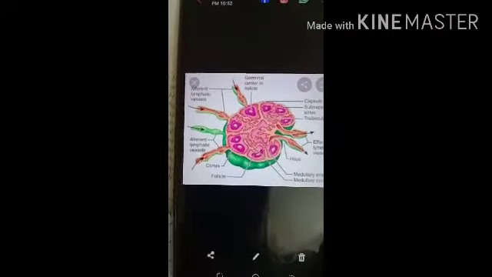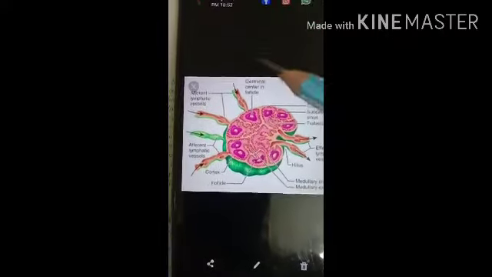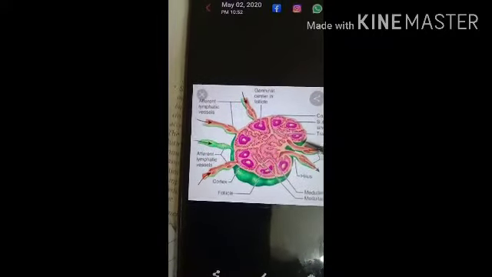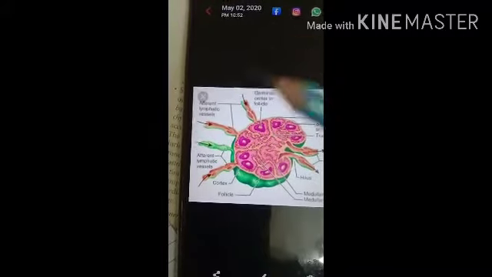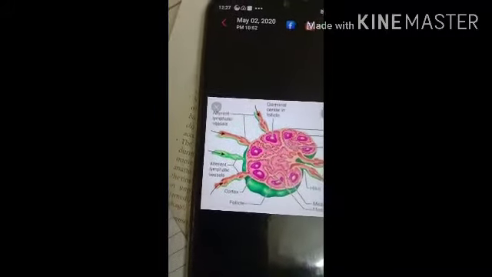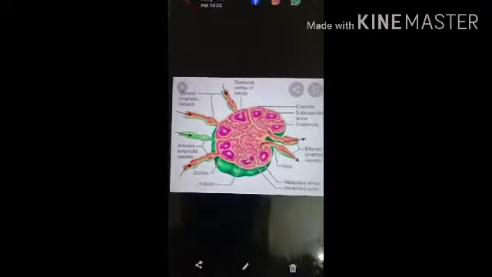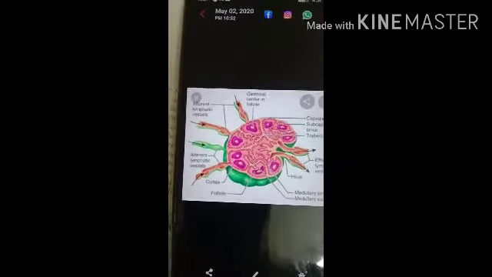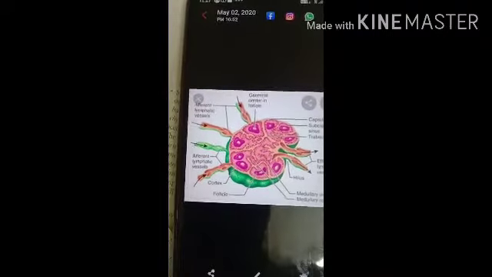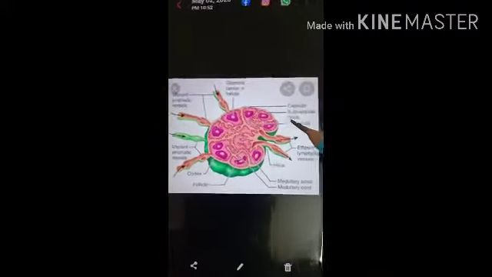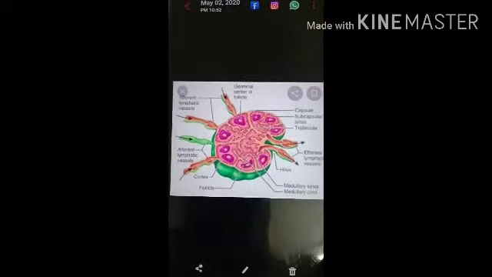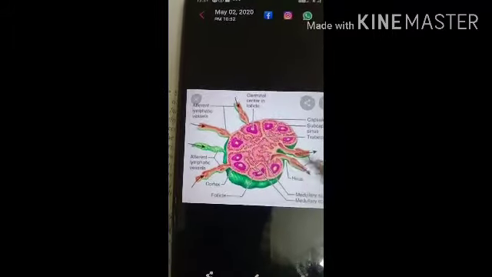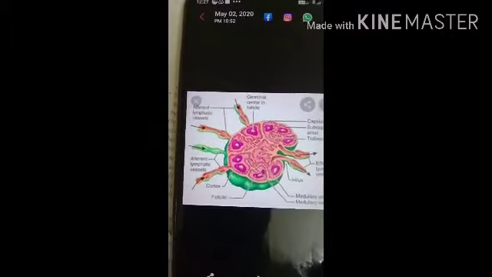They are typically found concentrated near the junctions of the major lymphatic vessels, most prominently in the neck region, the groin region, and the armpit region. Each lymph node is divided into two parts: the capsule, which is the outer covering of the lymph node, and the cortex, which is the inner part of the lymph node.